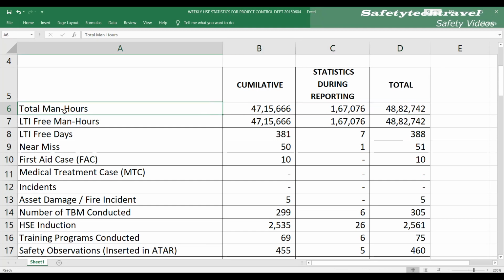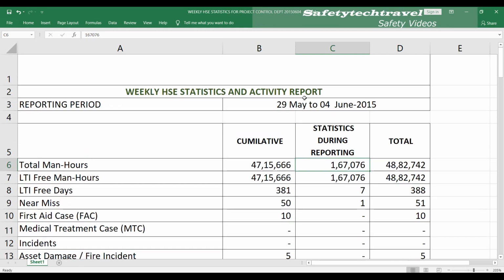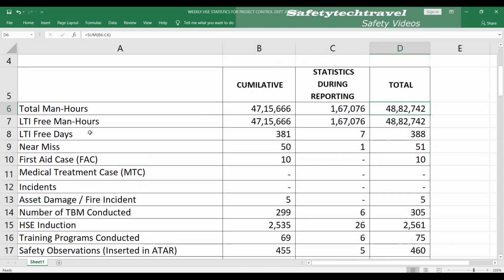So here we'll see what content is included. Total man hours. I will briefly explain man hours calculation later. Man hours will be mentioned here, cumulative at the end of this year, and the weekly statistics 29 May to 4th June, and total. LTI free man hours: if there is no LTI, it will be the same.